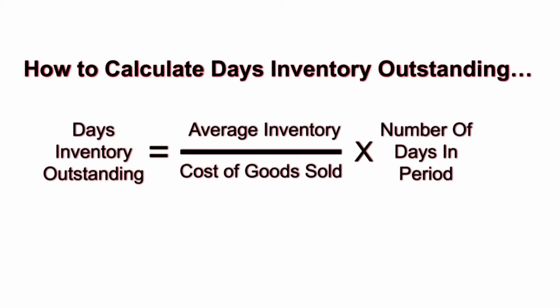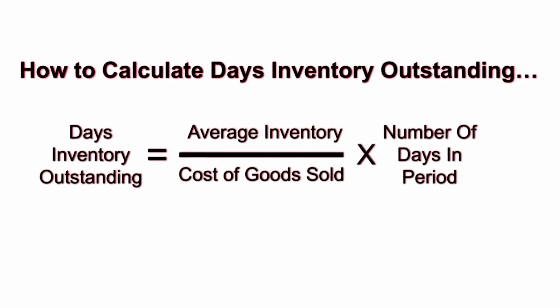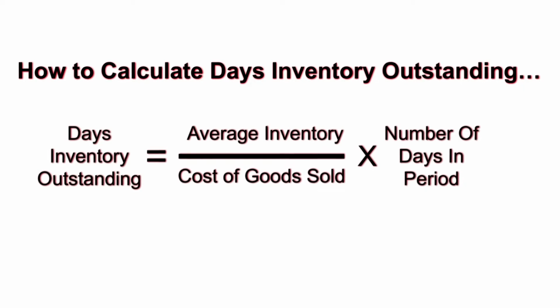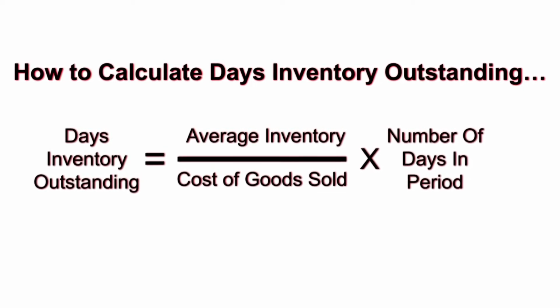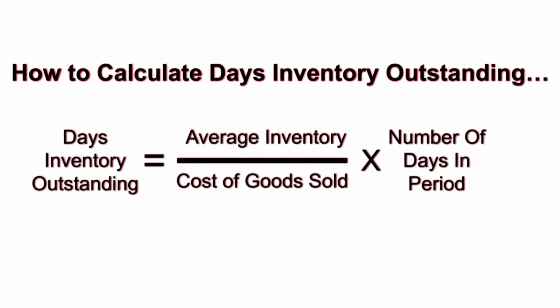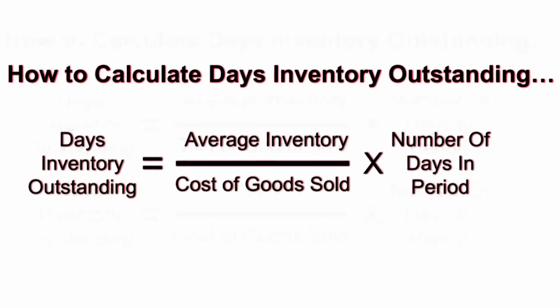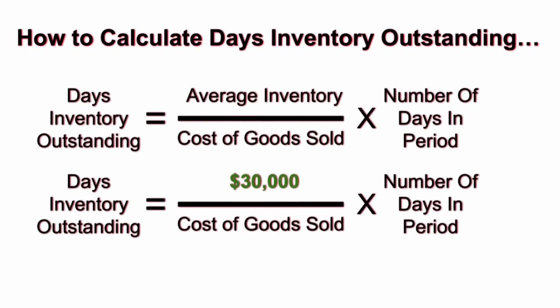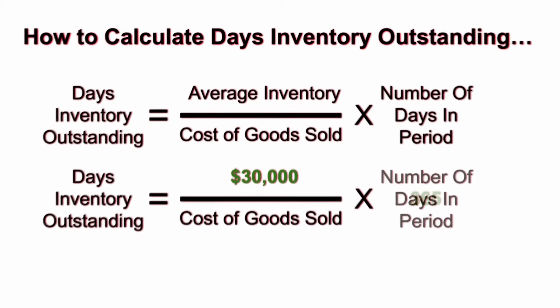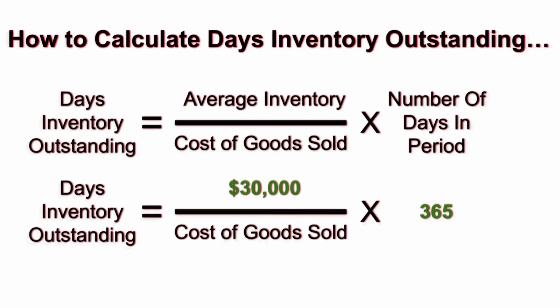So, how do we calculate Days Inventory Outstanding? Days Inventory Outstanding is usually calculated as shown in the picture here. DIO equals average inventory divided by cost of goods sold times the number of days in the period you are calculating. For example, if a company has $30,000 in inventory on average during a 1-year period, and their cost of goods sold is